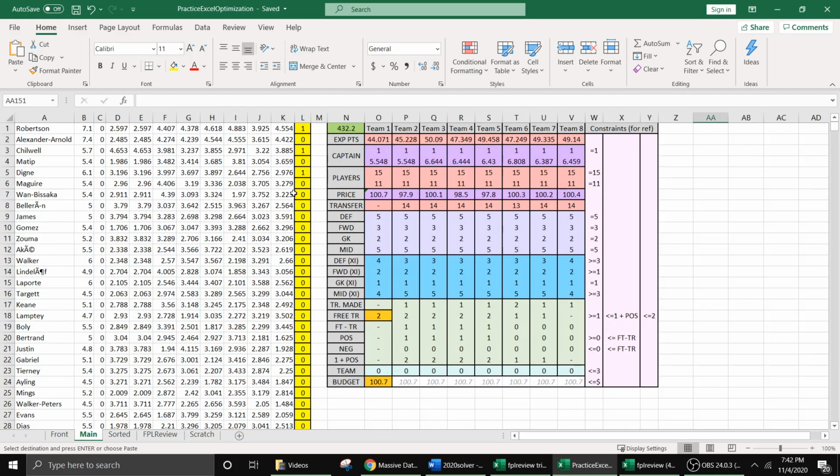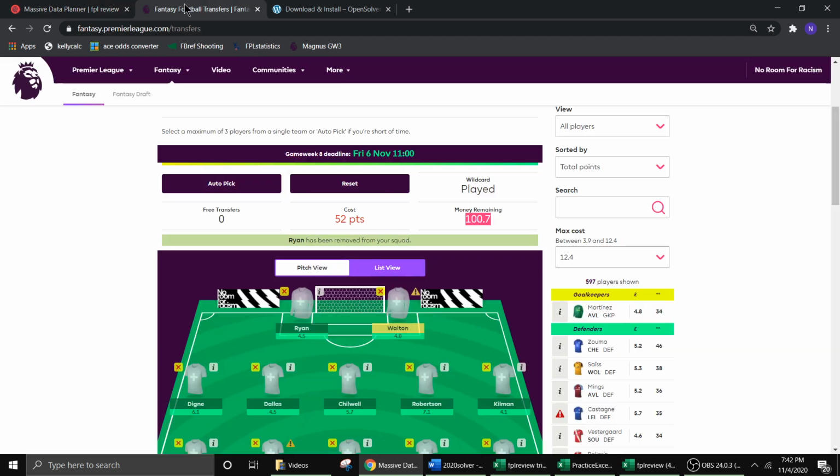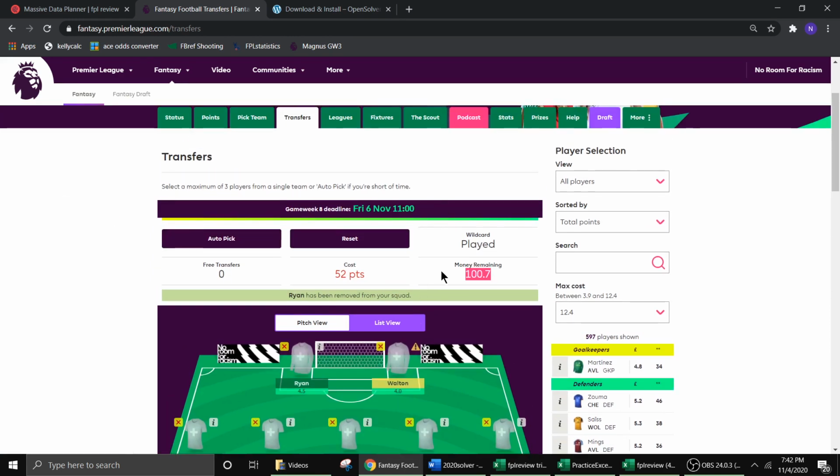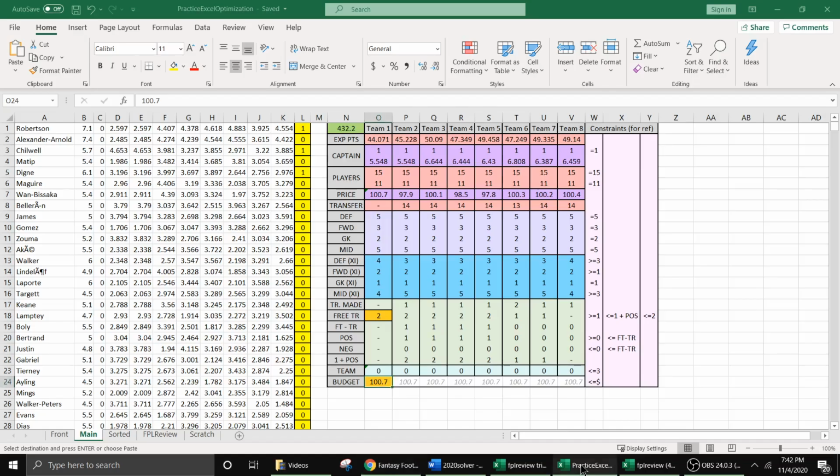Okay, so once you do that, we're kind of on the home stretch here. There's only a few things left to do. Now you can type in your budget here. To get this number for your budget, go to the Fantasy Premier League website, go to transfers, and remove all of your players in the transfer screen, and then read the number where it says money remaining. So take this number and paste it right here in cell O24, okay, and hit